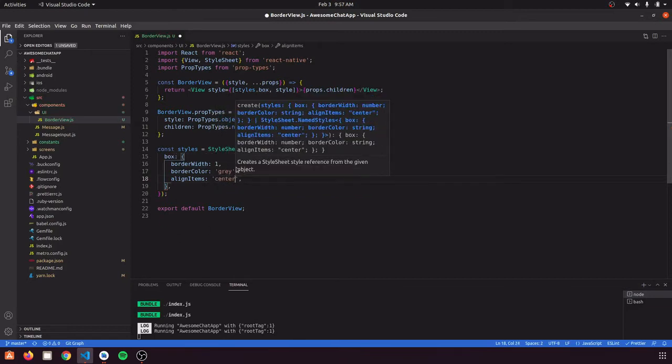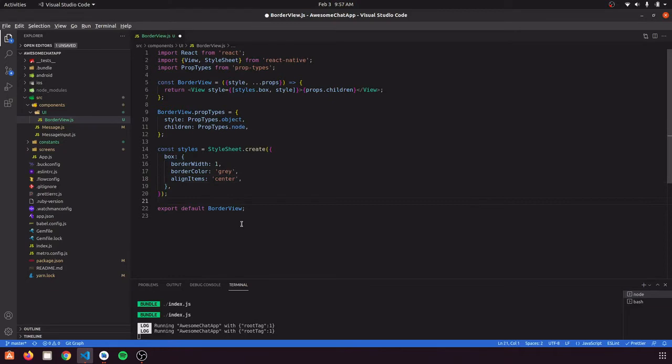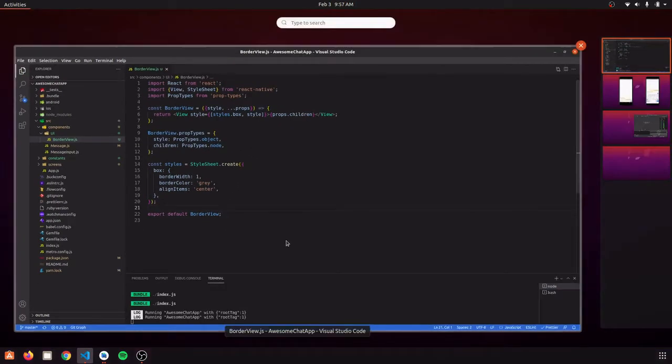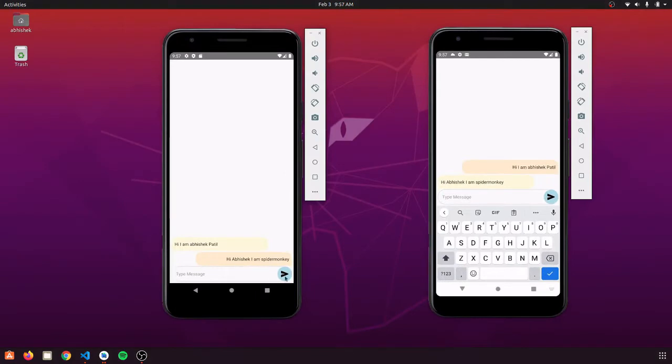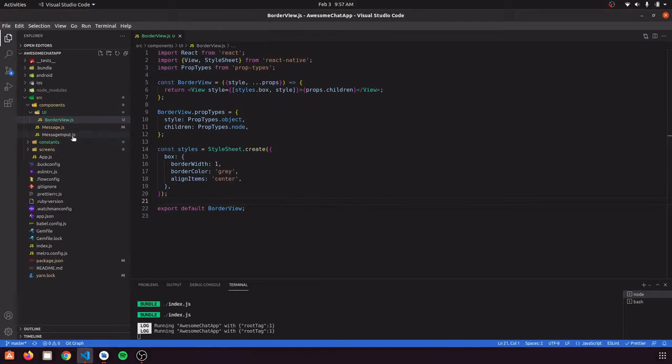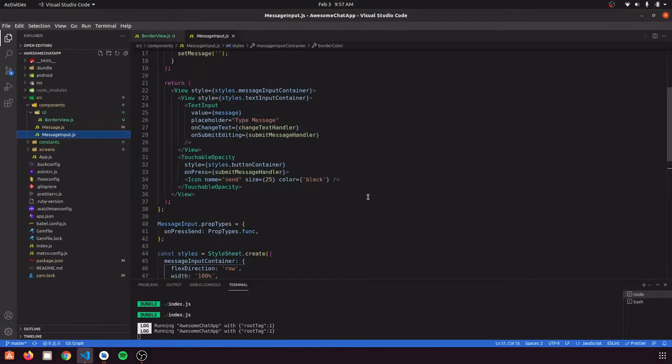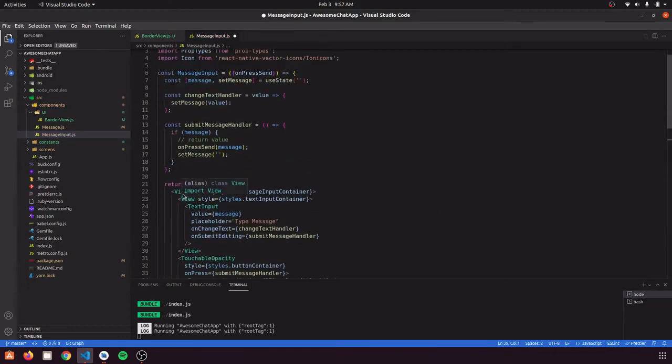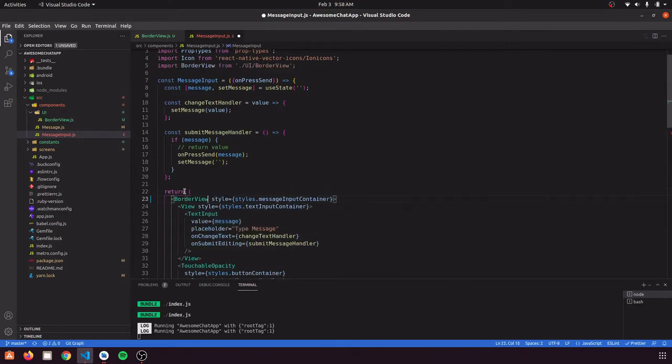So this is just an example to show you how you can extract some component and use it in many places. So now our border view is ready, and now we are going to use it in our message input component. So let's just go to that file. Now instead of this view, we are going to use our border view that would be imported from ./ui/borderview.